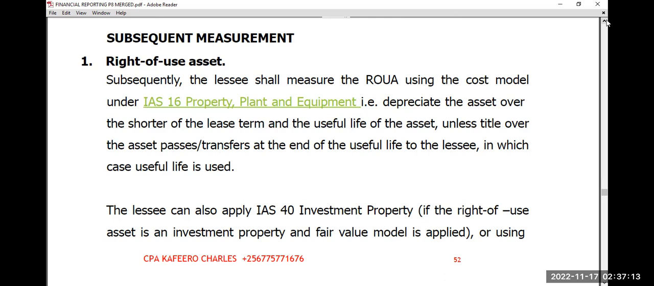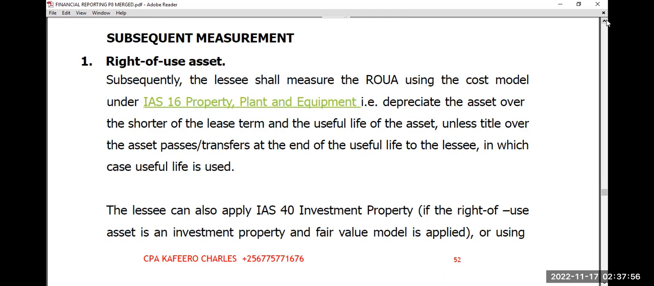What we mean here is that we are going to be depreciating. Of course, because if you are looking for the figures that we are going to include in our financials, we are looking at the expenses that are going to be incurred on the right of use asset that are included in the profit and loss. Then the balance is what we take to our balance sheet. And now, when you are depreciating these assets,